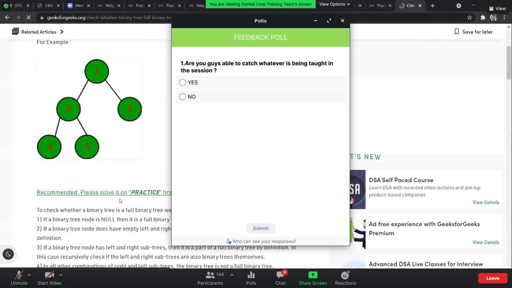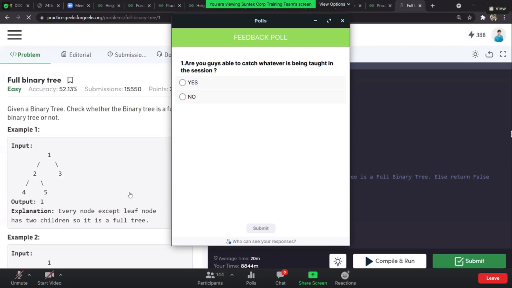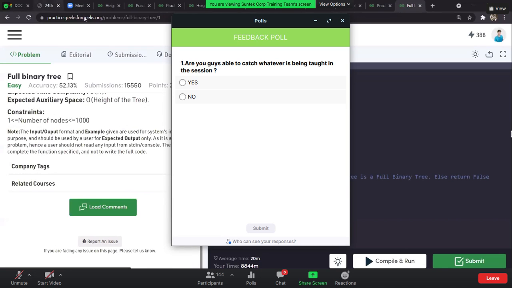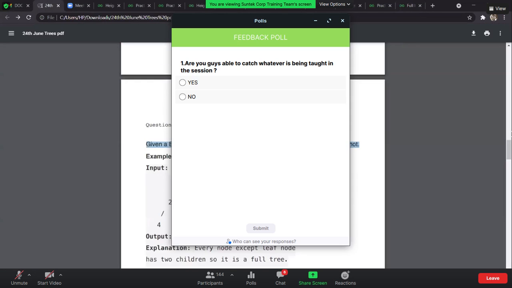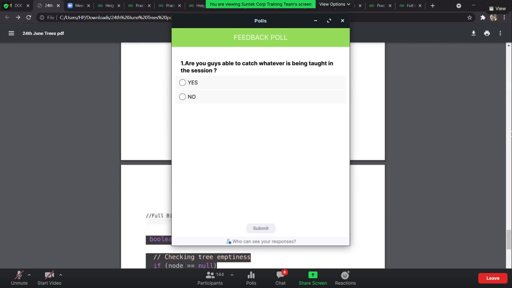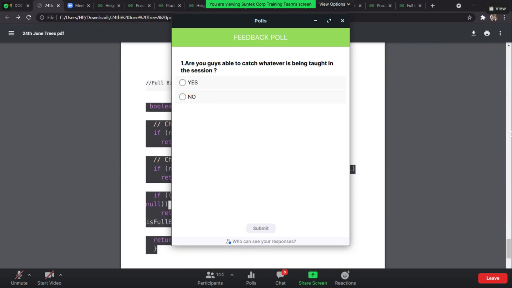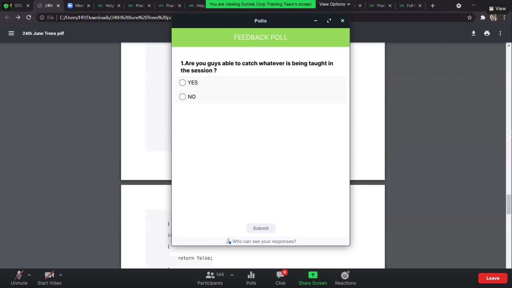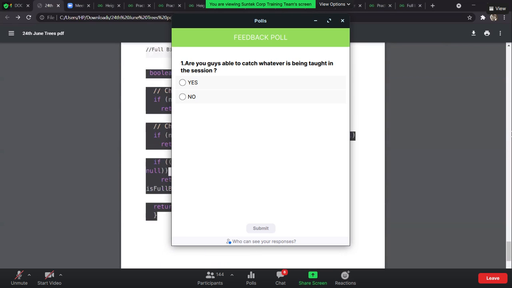I forgot to paste the link of it, but it should be right here. So one solution is basically this one, which I don't think we need to discuss. The other solution we are going to discuss is with the queue, using a level order traversal. The one solution is to check the left and the right child.